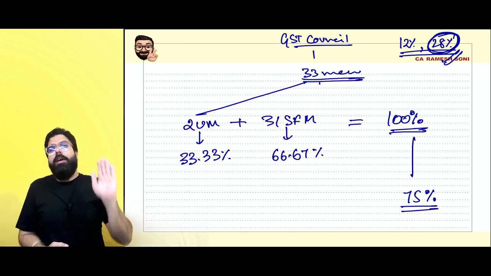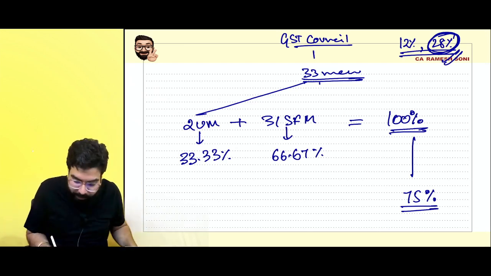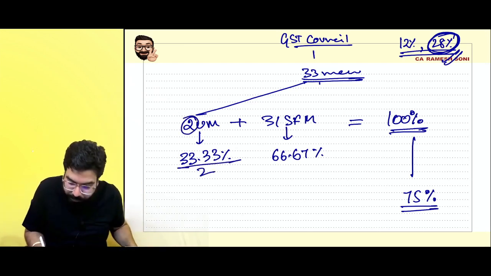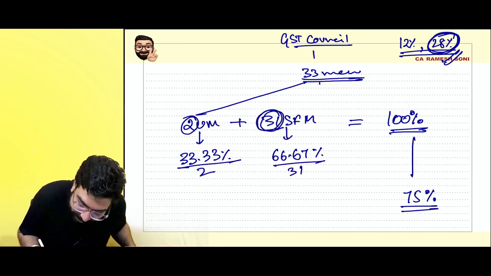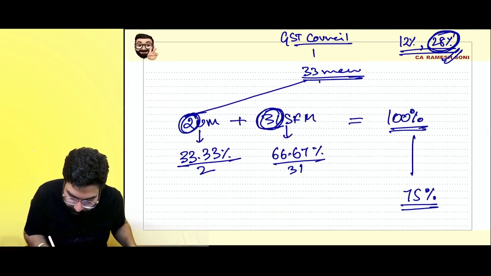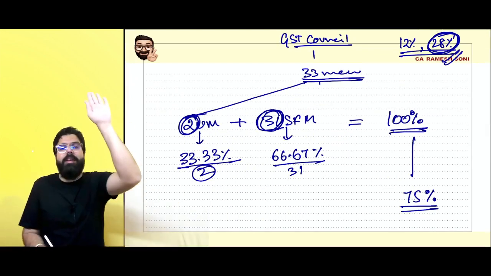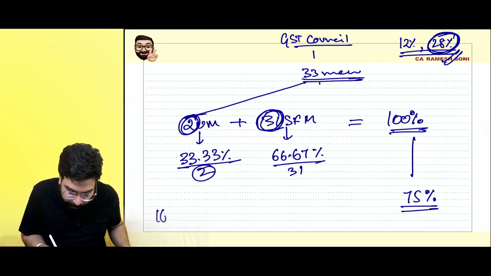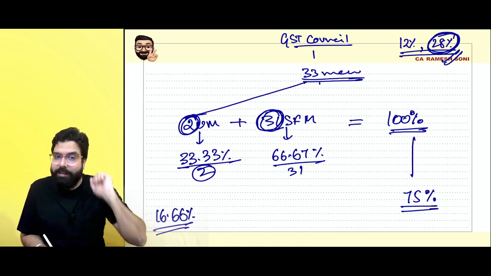Supposing Miss Nirmala Sitharaman goes ahead and says, I agree that it should be 28%, this will be divided by two members. This will be divided by 31 members. Always remember, members who are present and voting, you have to divide present plus voting. Okay, done, sir. So if Nirmala Sitharaman says yes, I agree, then